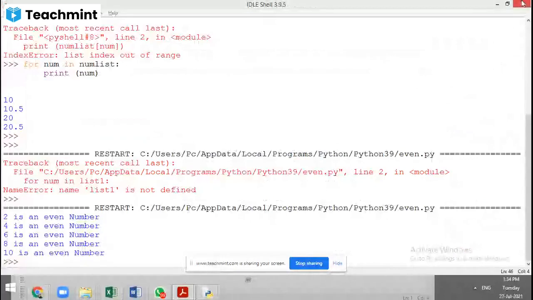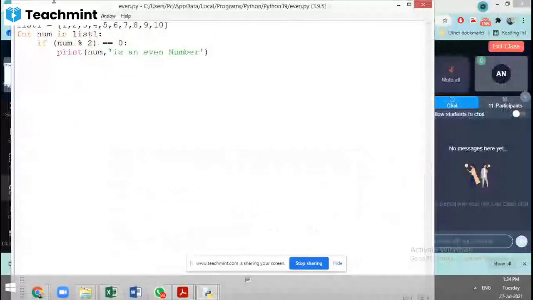If I want to print odd numbers between 1 to 10, what do I need to do? Num mod 2 equals 1.